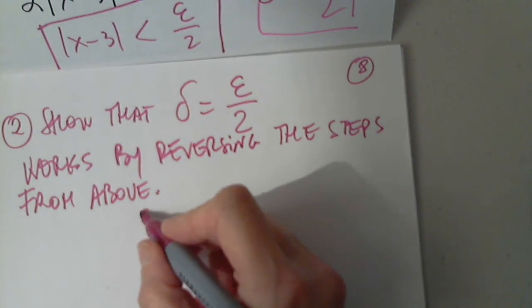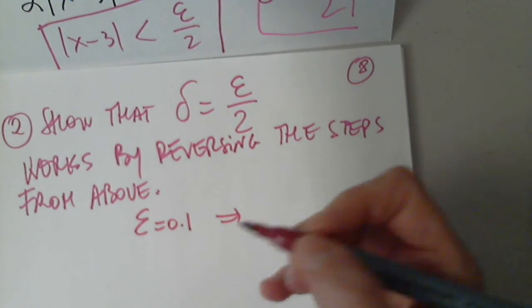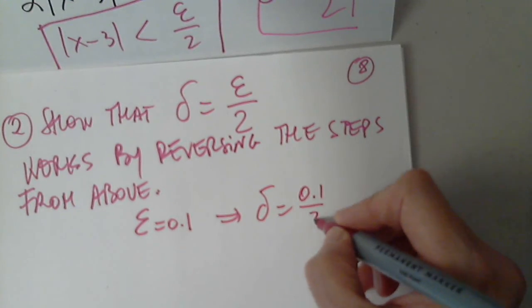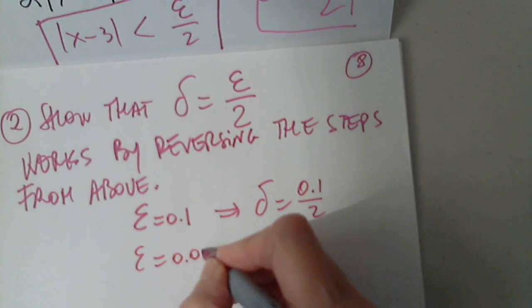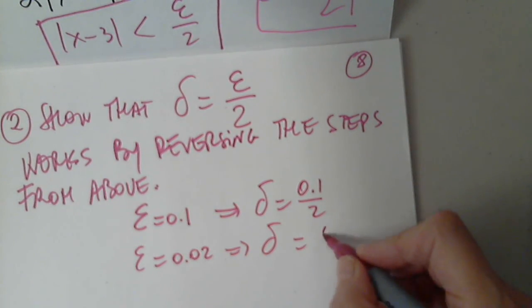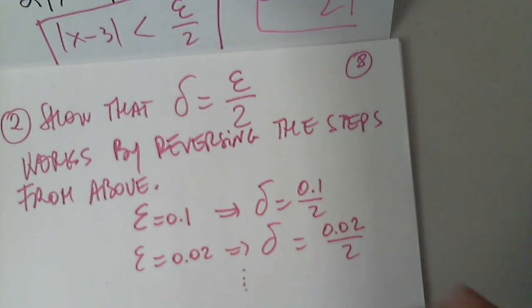So now, if I say epsilon is 0.1, you will say no problem. Delta is 0.1 over 2. If I say epsilon is 0.02, then you'll say no problem. Delta must be 0.02 over 2, and I can go on forever. Any questions? Now I'm going to ask you whether we need another example, a numerical example or a non-numerical example. Or we got the picture and we can move on. This is section